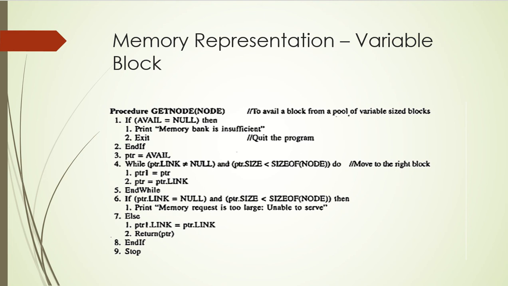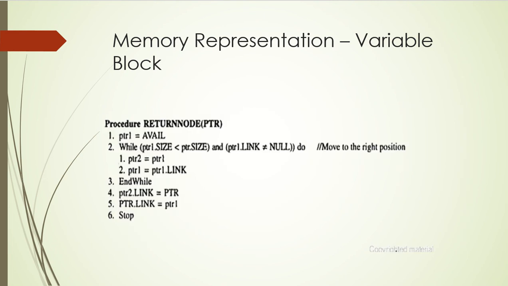When you talk about return node, here you can see your mission is to return a deallocated node back to the memory bank. You no longer need that node, so you are deallocating it. What you have to do, you have to traverse through the memory bank, find out a suitable position where you can fix this node. This is based on size. Normally we take it that the nodes will be arranged in the ascending order of their sizes. So that is why we are taking this one here.